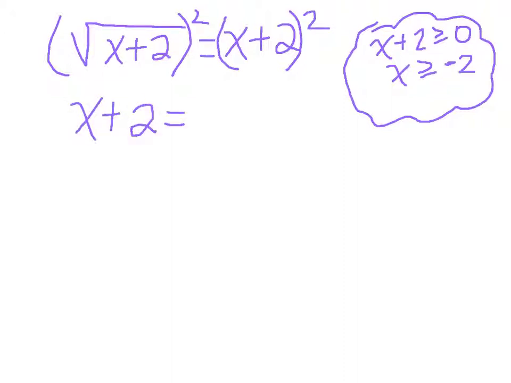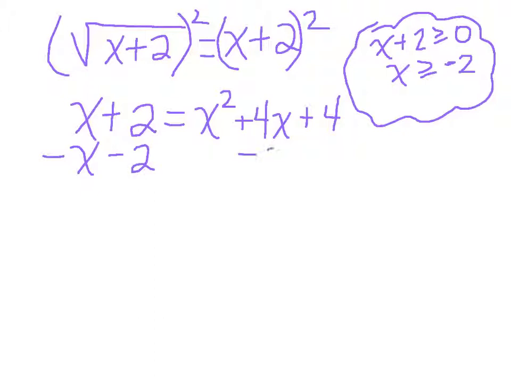And if I use the jingle instead of the box, I'm going to square the left, which gives me x squared. I'm going to square the right, which gives me 4. And I'm going to double the product. The product is 2 times x. If I double it, I get 4x. If you do the box to multiply x plus 2 times x plus 2, you're going to get exactly the same thing. And then next, I'm going to move everything to one side